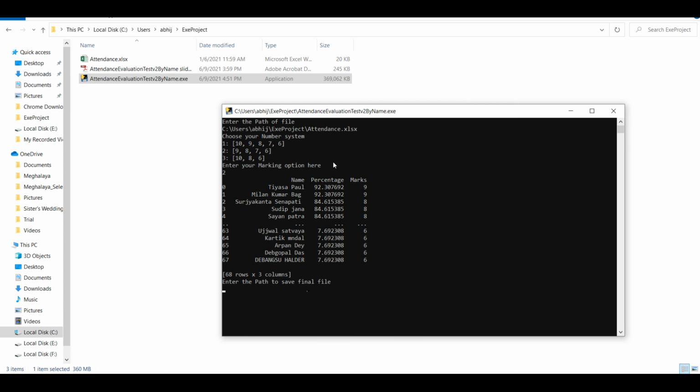Now see, in this directory till now we don't have any marks file, but after entering the file name and the path in the software, we will have exactly this file, marks.xlsx, which will contain all the marks of all the students.